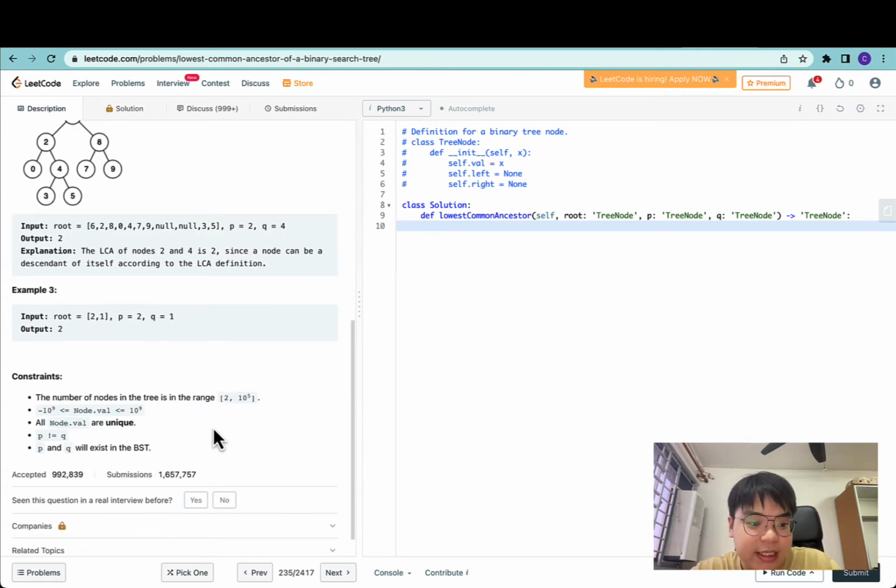So the number of nodes in the tree is in the range 2 to 10 to the power of 5. So we are guaranteed to have at least 2 nodes, which represent P and Q. Each node value ranges from negative 10 to the power of 9 to 10 to the power of 9. All node values are unique, so we do not have to worry about situations where the parent has the same value as the left or right node. P is not equal to Q, so there are 2 distinct tree nodes,